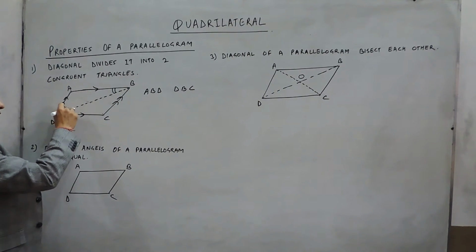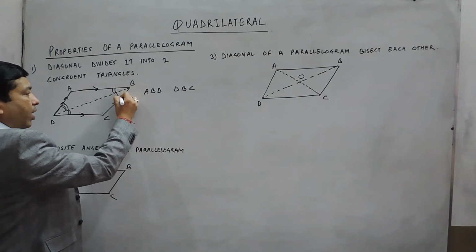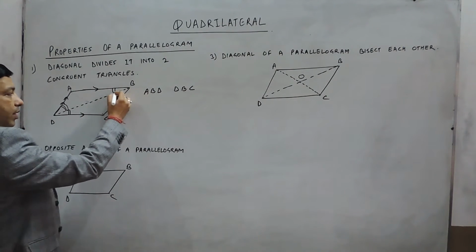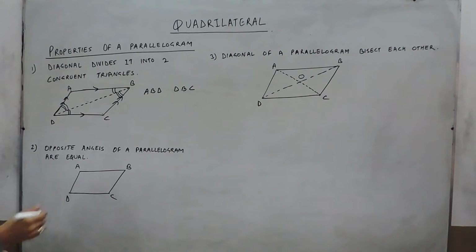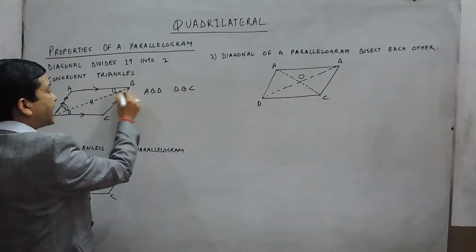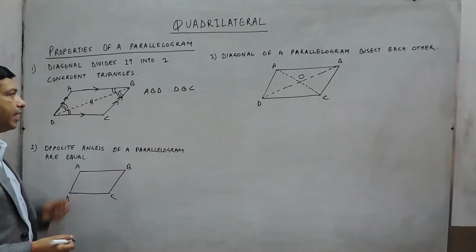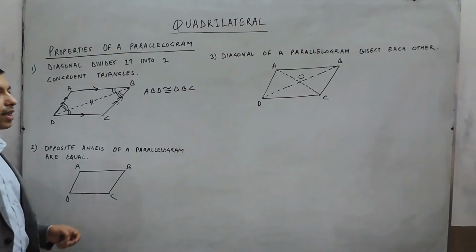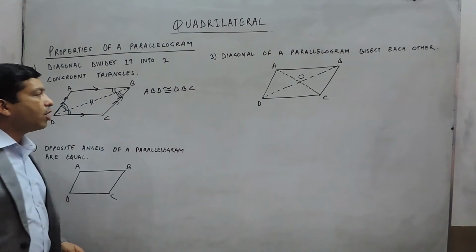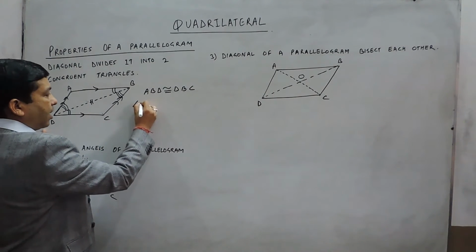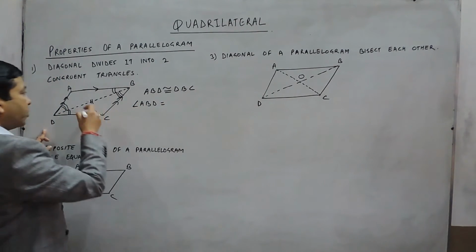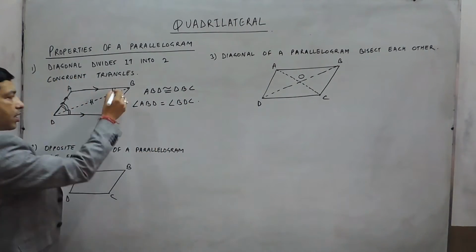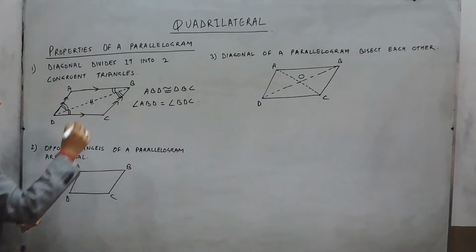In the same way, angle ADB is equal to angle DBC, again because these two are parallel lines and this is a transversal, so this angle must be equal to this angle. Plus this line BD is common between the two triangles ABD and DBC. So if we have to prove that triangle ABD and triangle DBC are congruent to each other, we can say angle ABD is equal to angle BDC. This is the first thing, because these two are parallel lines and this is a transversal.